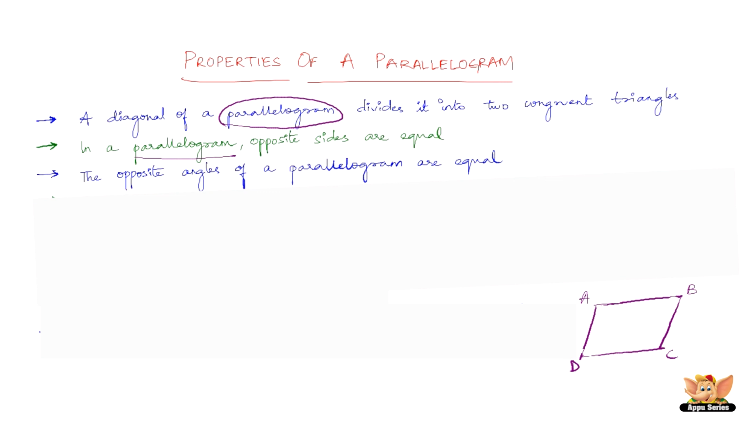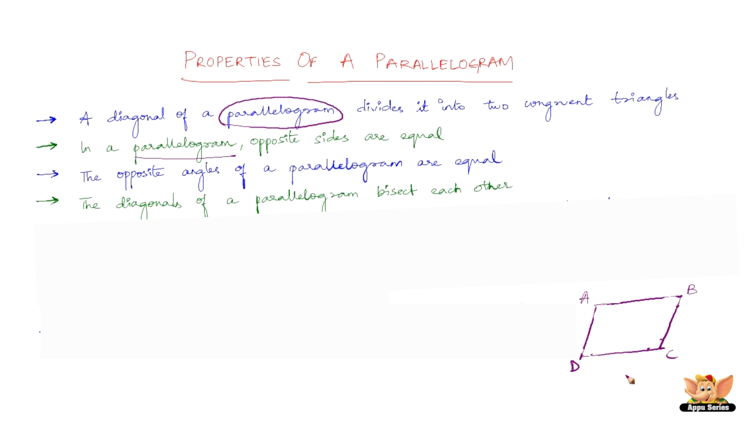the opposite angles of a parallelogram are equal. So, the opposite angles are angle D and angle B, and angle C and angle A. So, angle D equals angle B and angle A equals angle C. That is what the third property says. So, the next one is